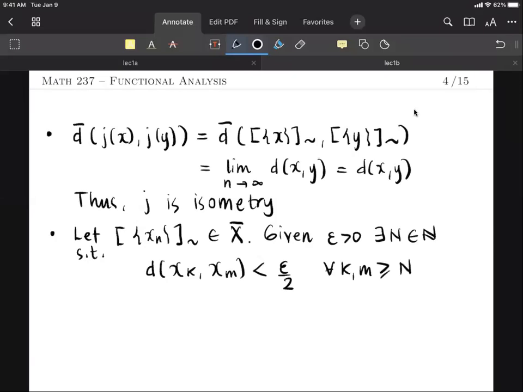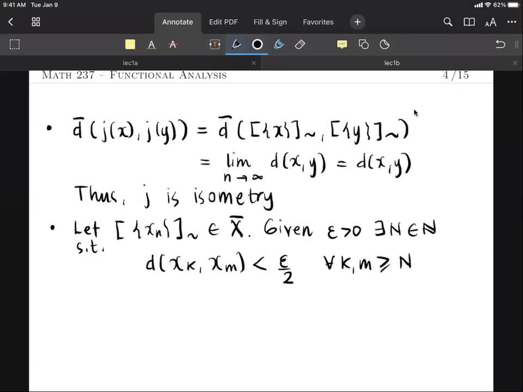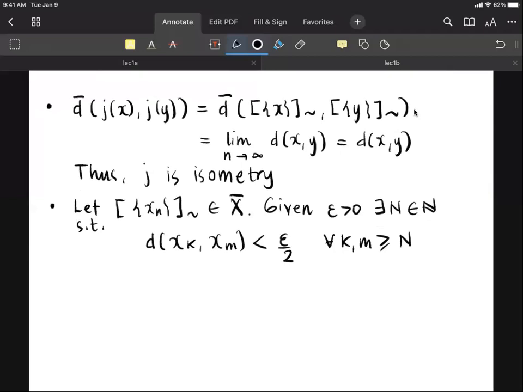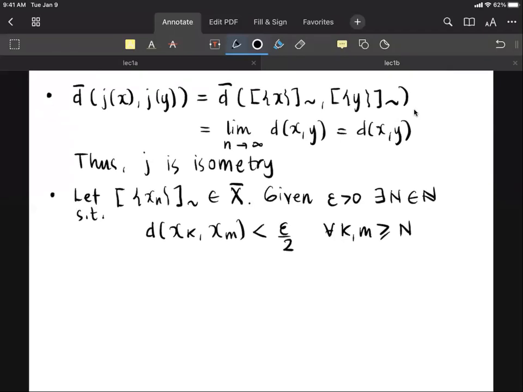Since the sequence x sub n is Cauchy. Now, if we take k to be a specific number, say N,